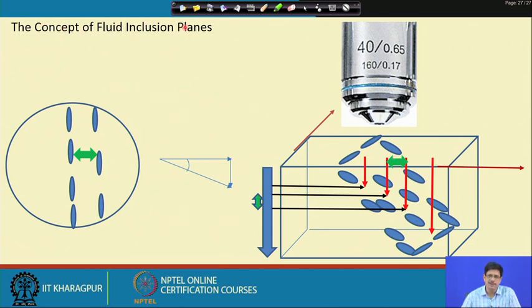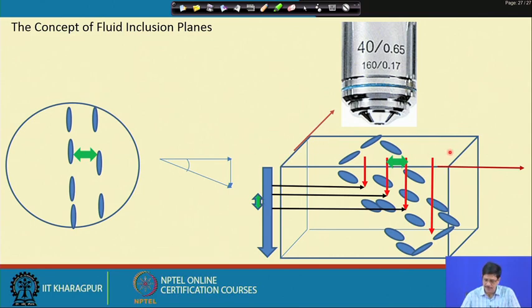In a natural sample, what we are looking at essentially would be the inclusions which will be arranged on planar arrays corresponding to the brittle fracture or the mode 1 fracture field. These are the fractures which are filled with fluid and later sealed by the host mineral as secondary inclusions, the inclusion planes. So, there may be multiple sets of such secondary inclusion planes, fluid filled fracture planes.